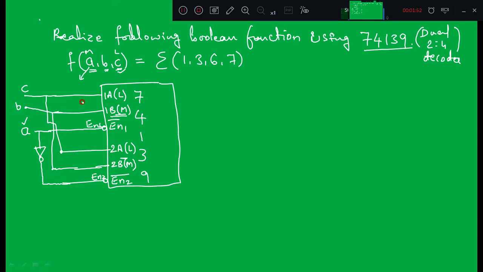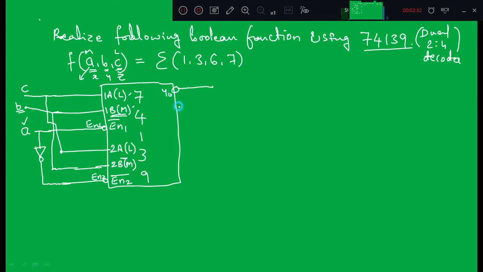So here, how to remember? Please don't memorize this by heart, like B is connected to B. Don't do it like this. If I change these inputs and make them X, Y, Z, because here in the decoder you have A, B but the inputs are X, Y, Z, then which input will connect to which input? It will be very confusing. So don't try to remember that. Just remember which is LSB and which is MSB among these two. If you can do that, then it is very simple to design this boolean function.